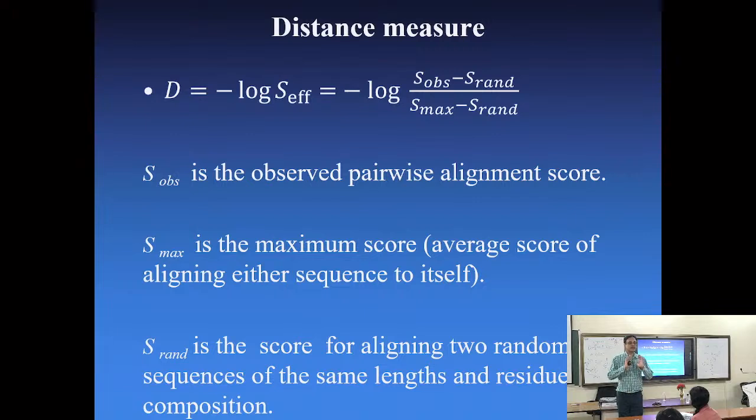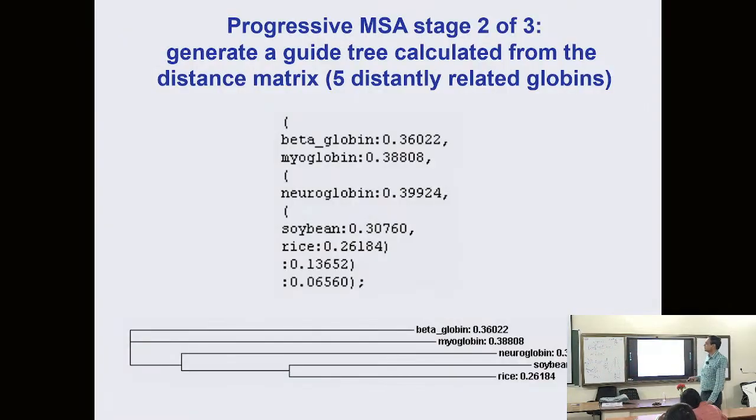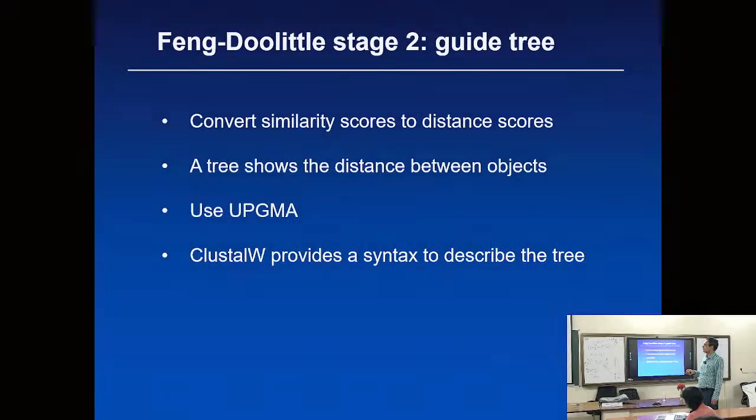So for identical sequences, distance is 0. For two random sequences, you would imagine that they should have the highest distance. The distance is infinity, right? All else lie between them. So once this is done, then trees can be constructed, and you can see here the trees